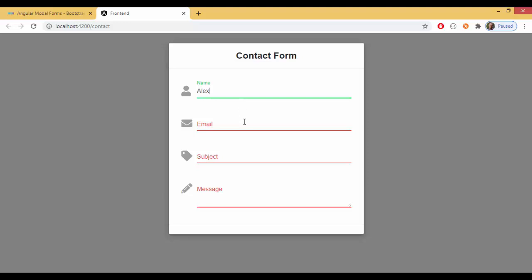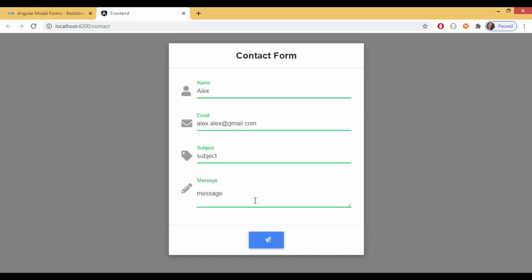You see that the red line turned to green. If you don't add a valid email, this is marked also in the UI. Now using a valid email, the red line turned to green, the subject and the message, and you see the button appeared,